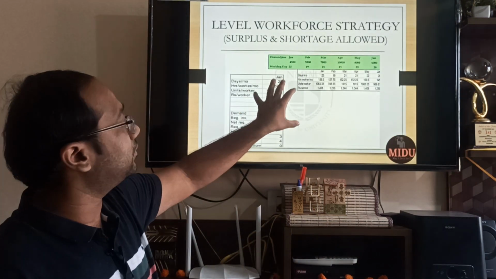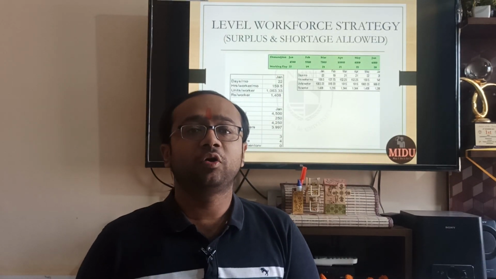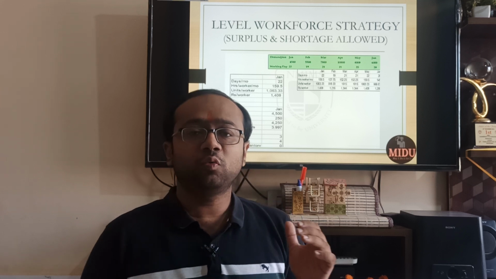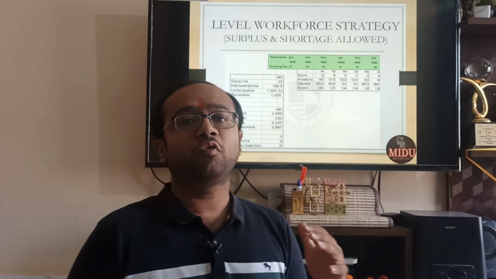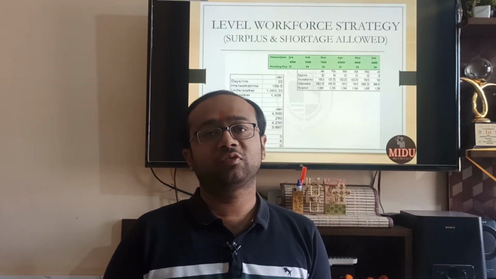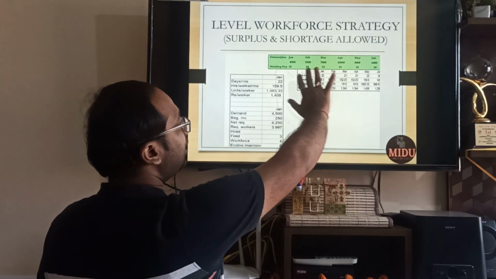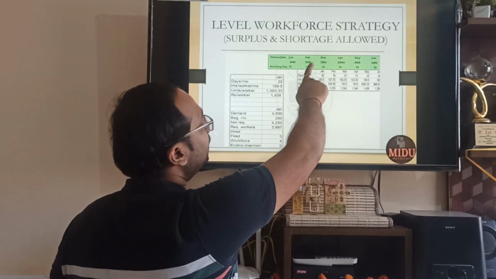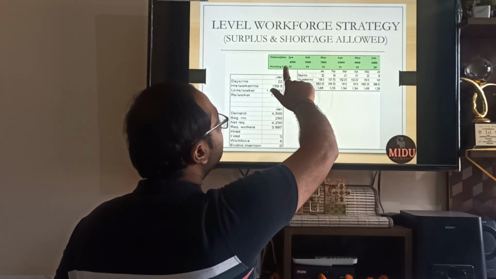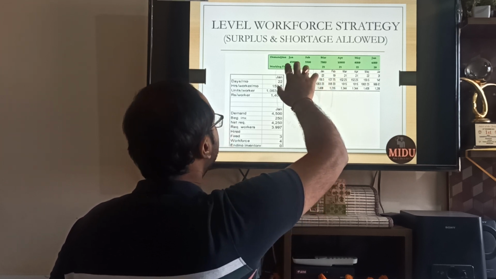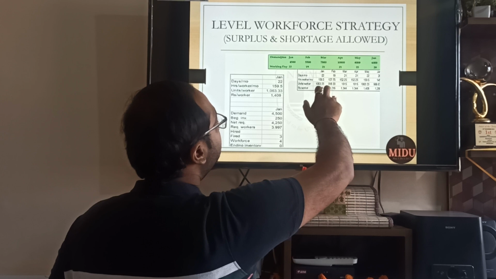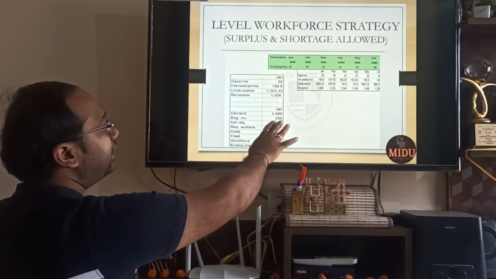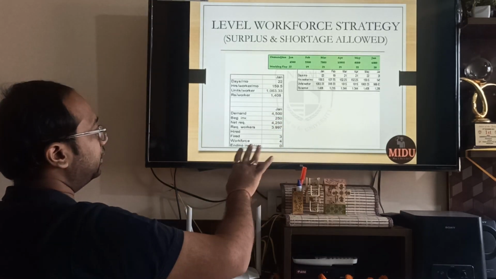Friends, we are taking the same example. In the previous one we saw how to manage through hiring and firing. In that, hiring and layoffs were discussed: you wanted to manage the demand, but did not want to keep any inventory, so the number of workers was hired or fired accordingly. It is that same table. Let me revise it for you. It gives the month-wise demand. For example, January demand is 4500, then 5500, 7000 and so on, and these are the number of working days. We can also calculate how many units per worker can be produced in each month. Beginning inventory was given as 250, and there was a net requirement, correct?